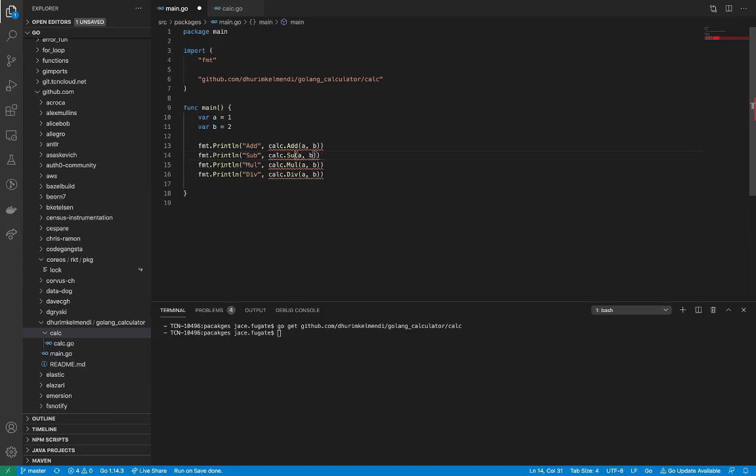So let's see here. We can even get the code hints. Subtract, multiply, divide. We'll see some more errors as well, because the types that their multiply and divide functions take are different than what I had. These actually take in float64, so we're going to do a typecast just so that we can get this example working. There you have it. If I were to do a go run,